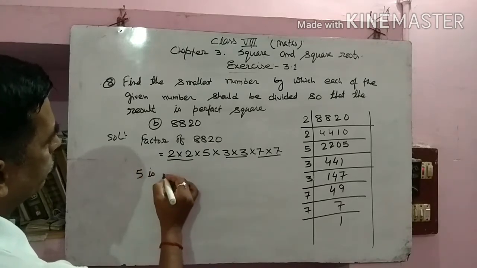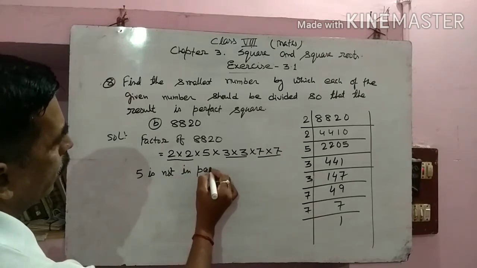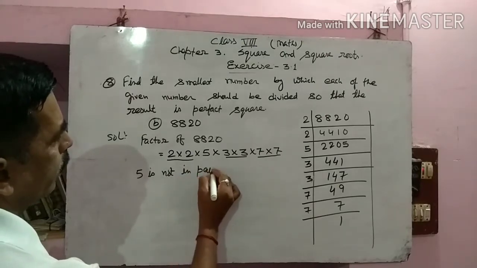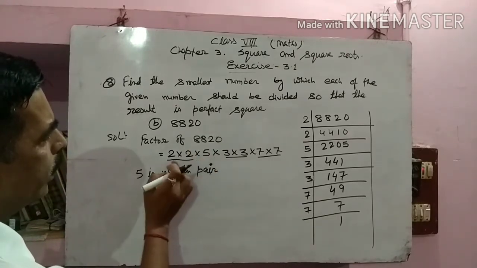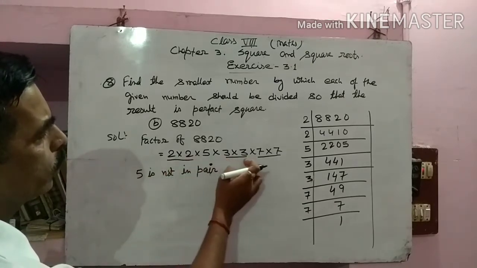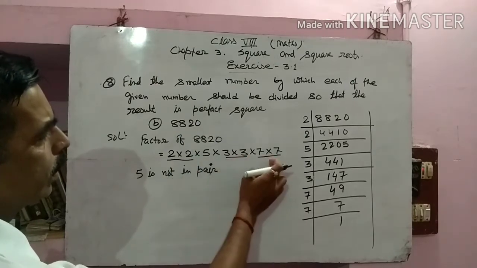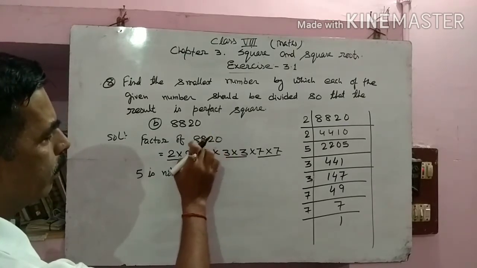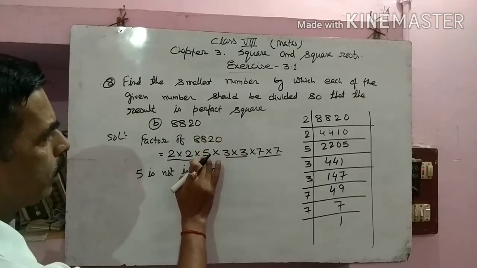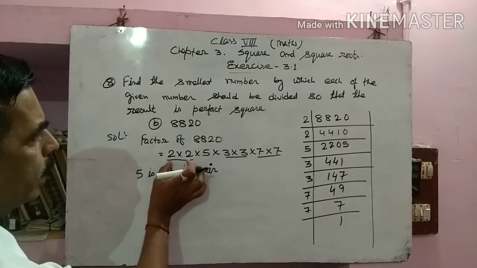So finally you can say that 5 is not in pair. So it means if we divide that number by 5, what will we get? This is the product of, or the factor of 2 into 2 into 3 into 3 into 7 into 7, means 2 square into 3 square into 7 square. So if we divide that complete number 8820 by 5, finally we get